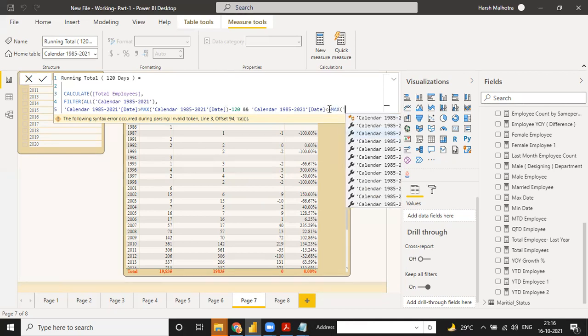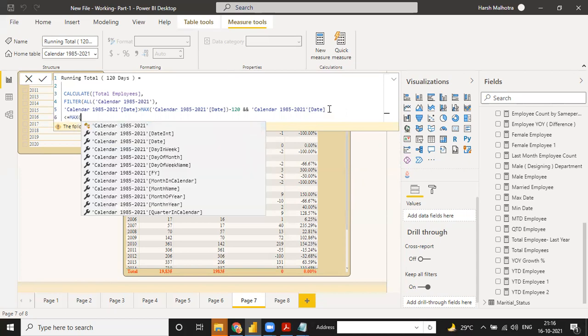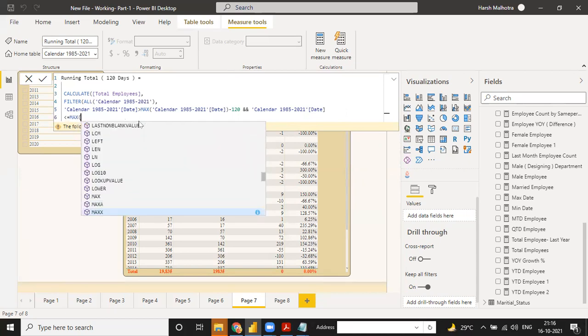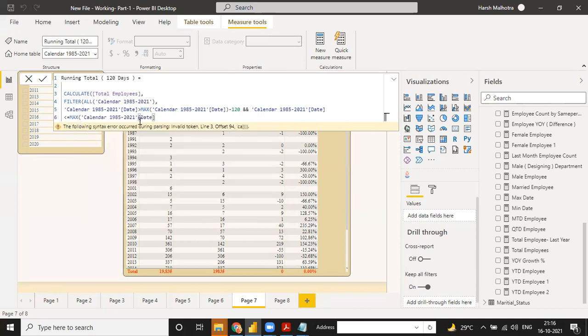Then put your calendar table, less than or equal to, and then again you use max of the calendar date column. Then you close the bracket, first time, second time, and third time.